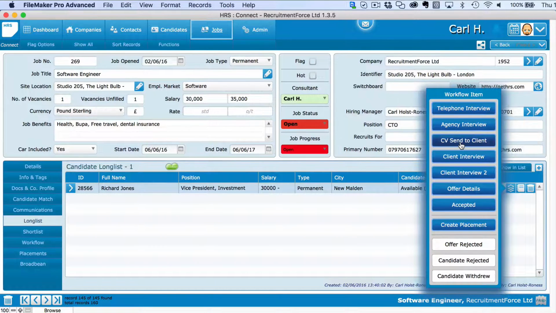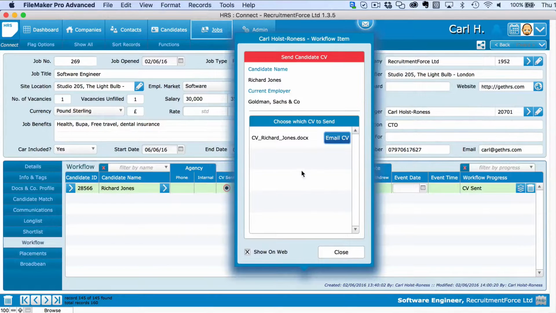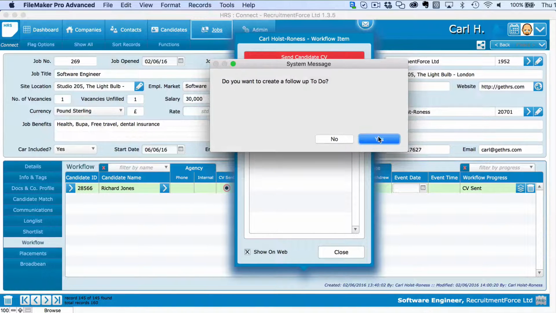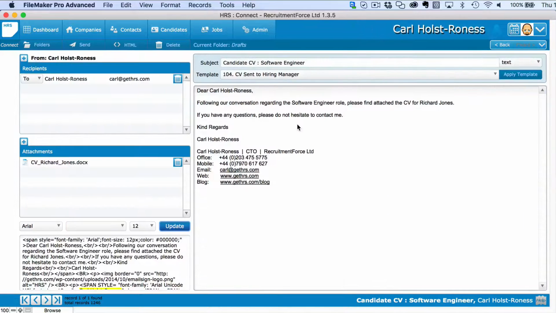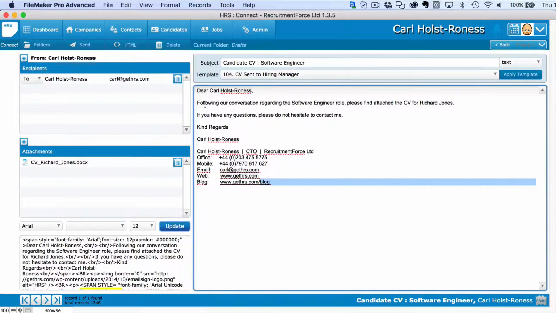It's now really easy to send a CV to a client by clicking on the job activity options, where you can do interviews, CV sends, client interviews, or offers or placements. So let's actually click on the send CV. We'll choose the CV for emailing, and you can create a follow-up to do if you wish, or you'll simply end up in the email window, where you have some preempted text based on, again, your template with the CV